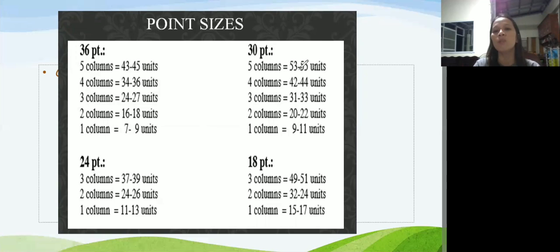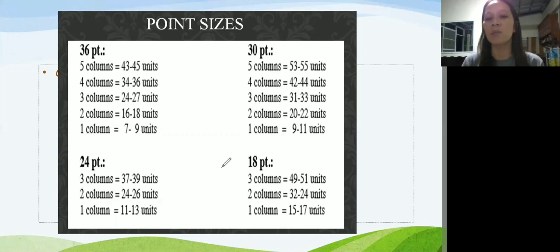So under naman ng 30 points, kapag 53 to 55 unit counts, 5 columns, 42 to 44, 4 columns, 31 to 33, 3 columns, 20 to 22, 2 columns, and 9 to 11 units, 1 column. Kapag 24 point naman ang size, if the unit count is 37 to 39 units, 3 columns, 24 to 26, 2 columns, 11 to 13, 1 column.